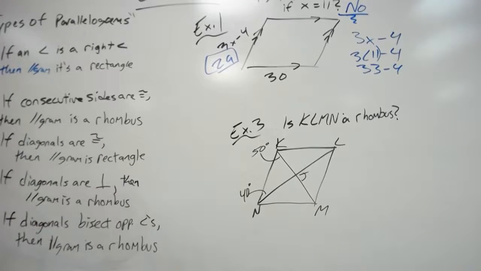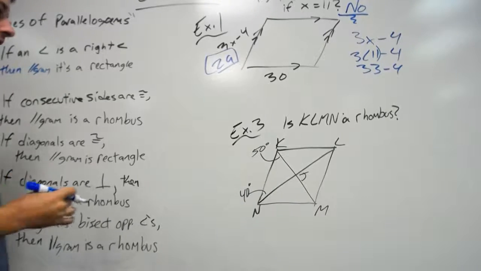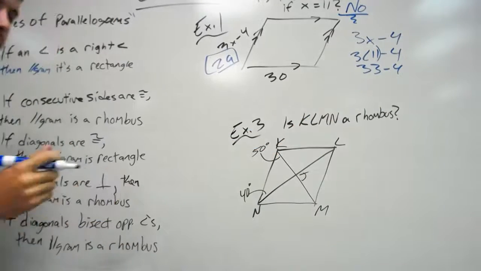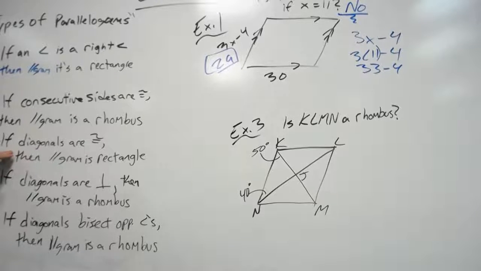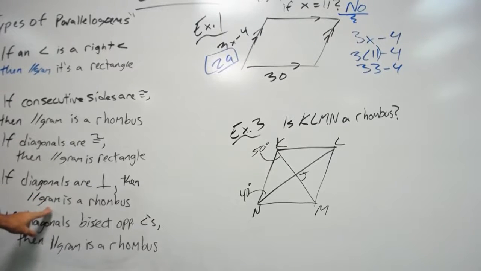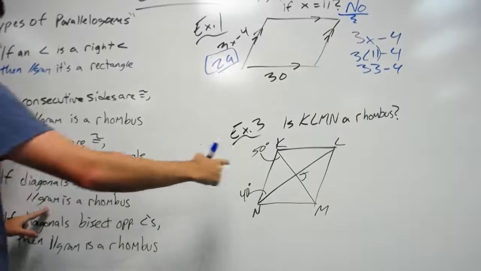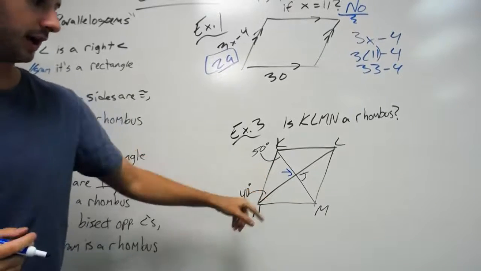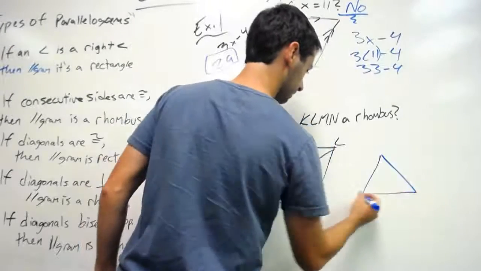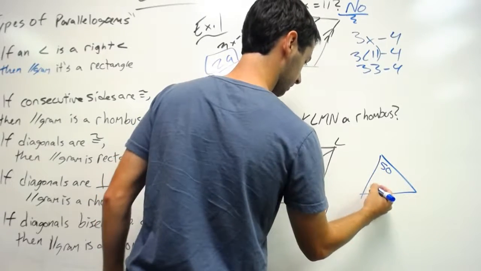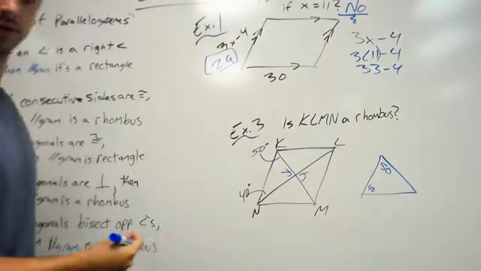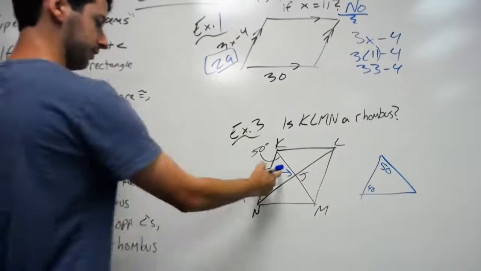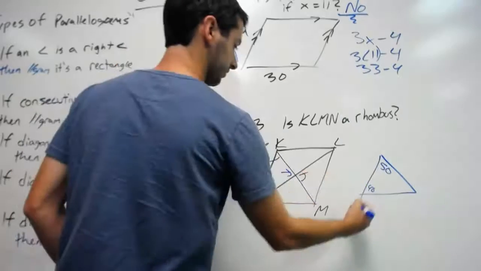Is parallelogram KLMN a rhombus? Okay, well, some properties that were stated. If that's for a rectangle, we're looking for rhombus. If diagonals are perpendicular, then the parallelogram is a rhombus. So we can actually figure out if this angle right here is perpendicular, because we already have 2 of the angles in the triangle at 50 and 40. So we simply do the triangle sum theorem to figure out this angle. 50 plus 40 is 90,